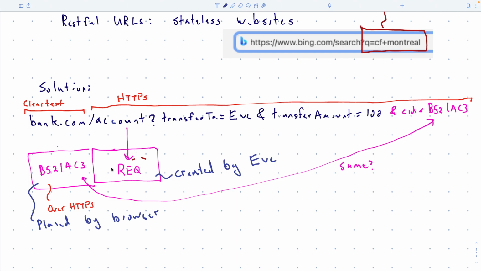Okay, so the header that's the cookie that's placed in the request, appended to the request, is covered by HTTPS. So we mentioned this before when we talked about cookies. It has to be that way, otherwise you couldn't use cookies. Anyone could steal anyone's cookie just by listening to their traffic, okay?